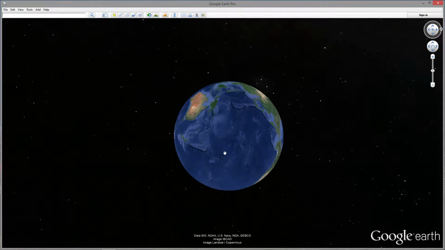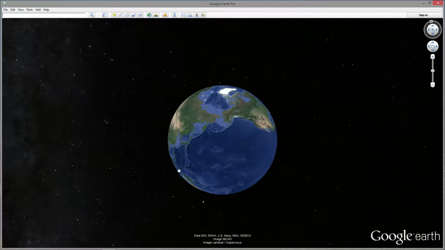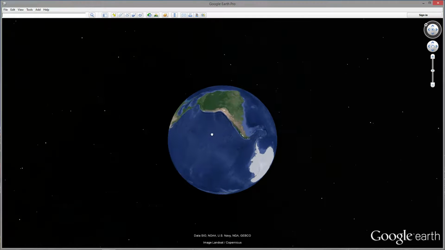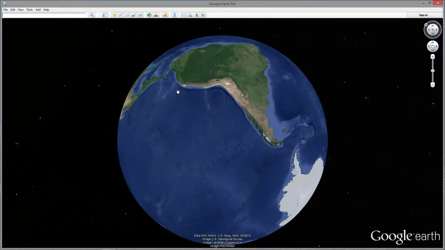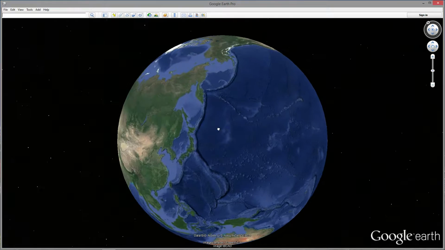This is known as the Ring of Fire. Go north. The Ring of Fire. So all along here is pretty much where the most active volcano systems are. They come all the way around here. And you can even check it out. It's crazy. It's exactly where there's a massive drop in depth off the sides of these continents.